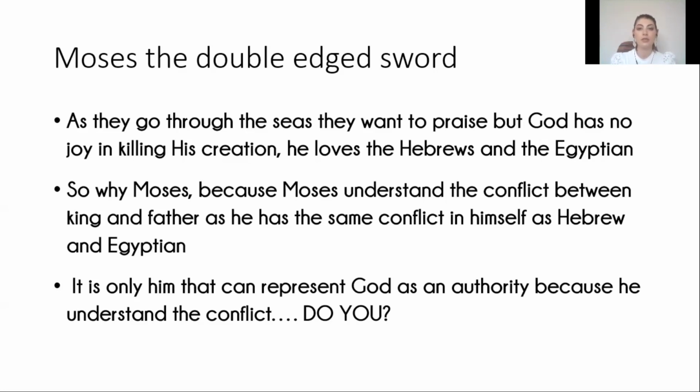And the answer is, do you? Do you understand the conflict of being born a Gentile and now identifying with a nationality and with a faith and with a people that you were grafted into? And what does that mean for your authority? You know, we all have authority through Yeshua and through what he did. But in the end, you need to identify with the tree. You need to choose to be grafted into the tree. You need to become part of the tree. You need to be one with the tree in order for you to have the authority to stand up against